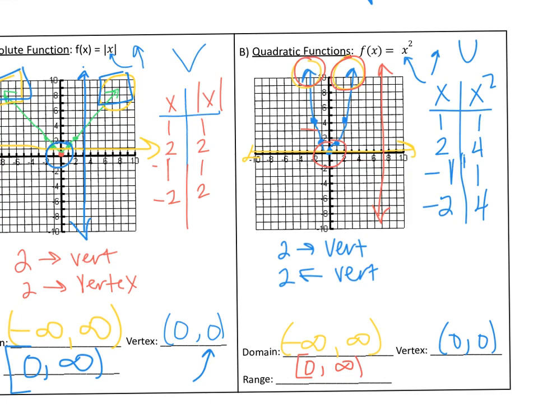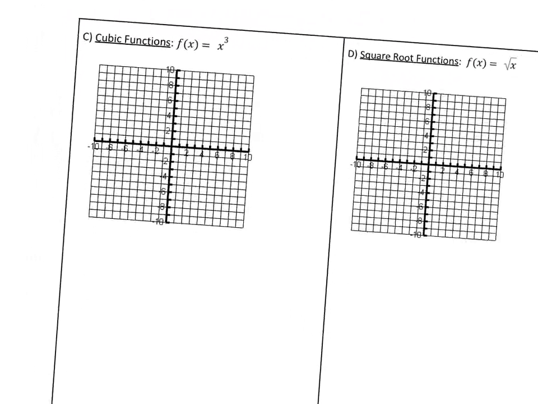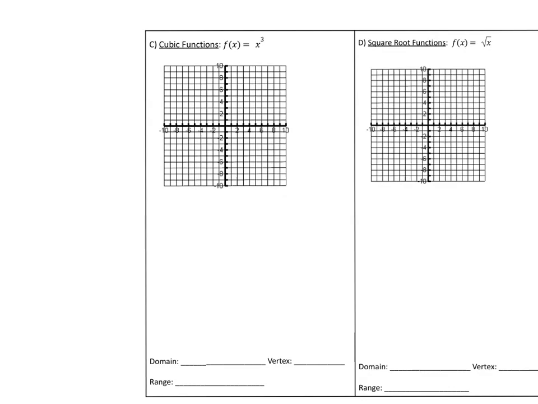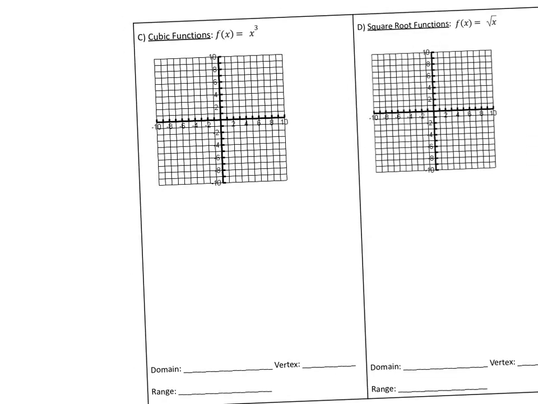Okay, so I want to continue to push this up. Let's look at the cubic function, and the cubic function is going to actually be very similar to the last two we've done. A little bit different. If you remember what the cubic function looks like, it starts low and kind of goes up high. Okay, well, if we look at that, for our starting point, there's nothing inside with the x or outside, so that means our vertex is going to be 0, 0 again. It's actually not called a vertex. This is called our starting point. So our starting